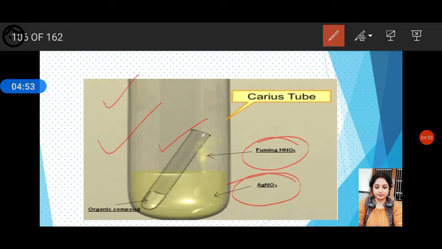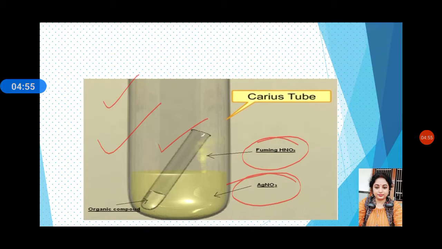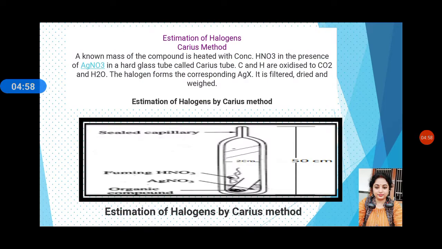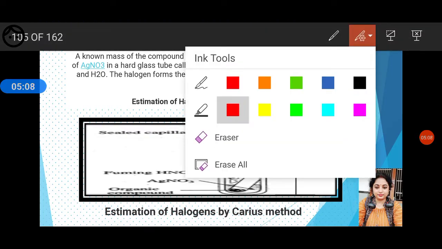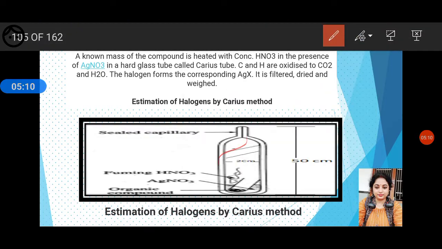Okay, now the open end of the Carius tube is drawn out into a capillary and then sealed. Means the breadth will decrease and it will move on to a capillary, and when we heat it, it will be